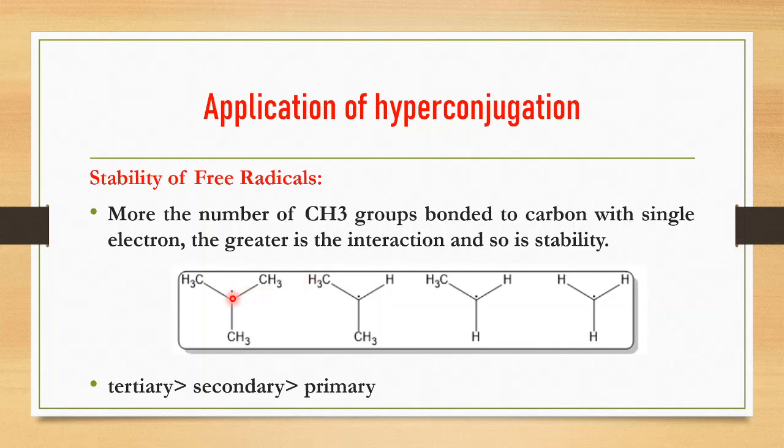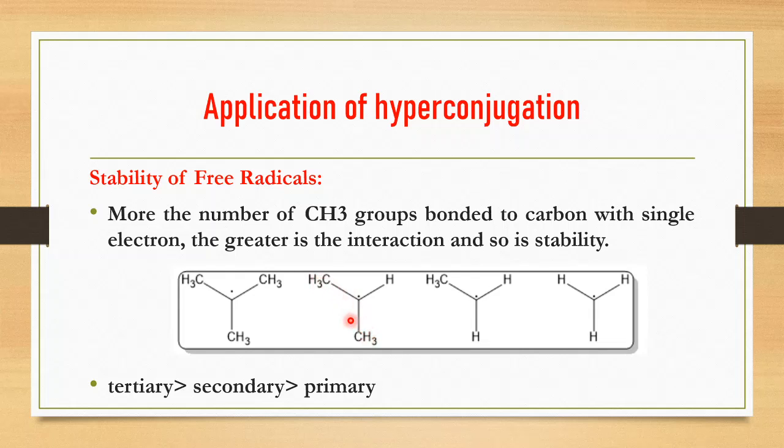Again, in a radical, the central carbon is sp2 hybridized. As for hyperconjugation, the compound should have an sp2 hybridized center. This sp2 hybridized center should have a minimum of one carbon atom having hydrogen. Here you can see there are 3 adjacent carbon atoms and each carbon atom has hydrogen. So this will show hyperconjugation because of 3 plus 3 plus 3, that is a total of 9 hydrogen atoms. In this second structure, the central carbon has just 2 adjacent carbon atoms, and these 2 carbon atoms have 3 and 3, a total of 6 hydrogen.